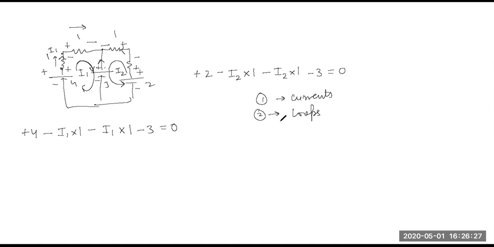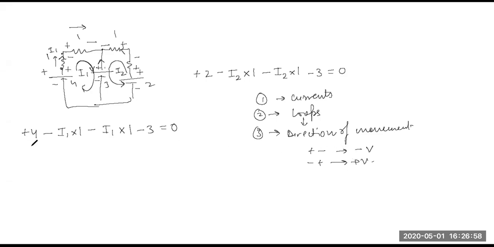Okay. So we have currents. First thing which you need to define is current. Second thing we need to define is loop. Third step: if you move in the direction of loop, so of course loop decides your direction of motion, the direction of movement, in which direction you'll start seeing. In that, if you go from plus to minus, you'll write it as minus of V. And if you go from minus to plus, you'll write it as plus of V. That's the whole concept.